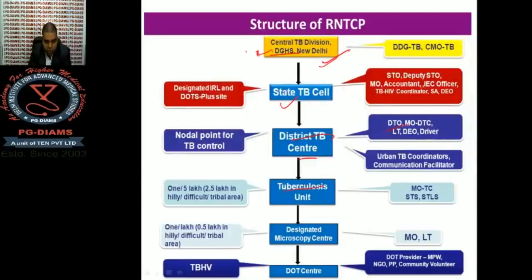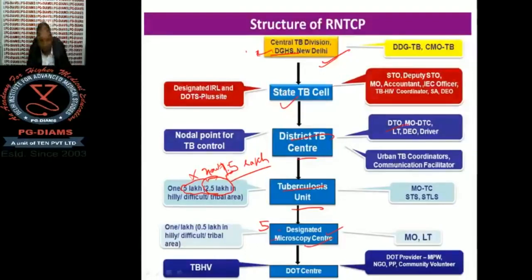Then to tuberculosis unit. Previously, it was on 2.5 lakh or 5 lakh, but now in revised RNTCP guideline, it is at 1.5 lakh population. That means number of tuberculosis unit have been significantly increased in revised RNTCP guideline. Okay. So then tuberculosis unit takes information from 5 designated microscopic center, and this designated microscopy center is the most peripheral center